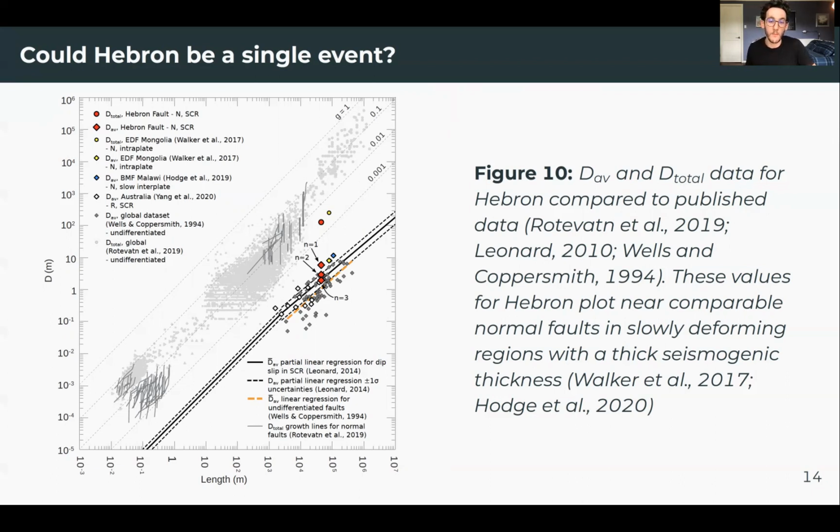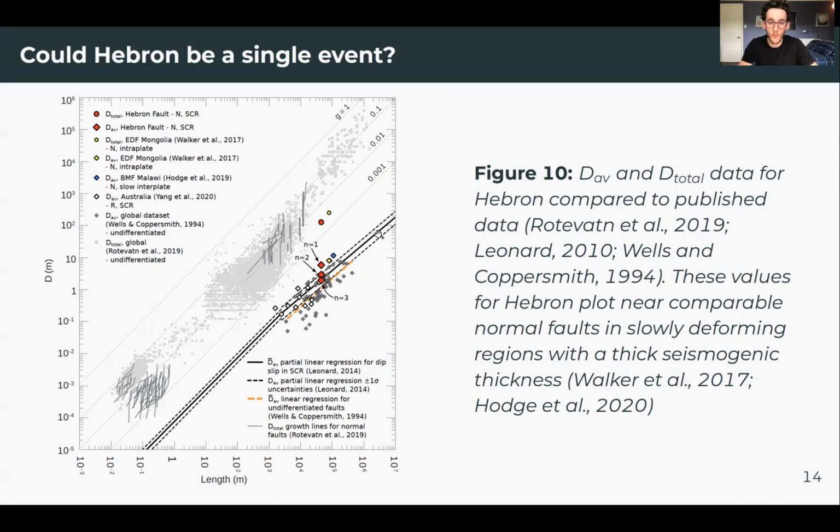The gray triangles are from the Wells and Coppersmith compilation. The white diamonds are from several earthquakes in Australia. Then we have the Baliliamu Takataka fault in blue, the Egiin Davaa fault in Mongolia in yellow, and then Hebron, in different scenarios, in red. What I'm really interested in is the average displacement. If this was a single earthquake, so n equals 1, then we'd be plotting well above the regression line that Leonard